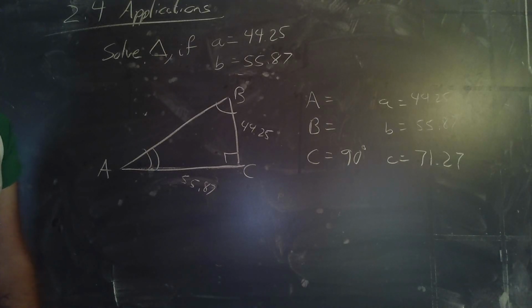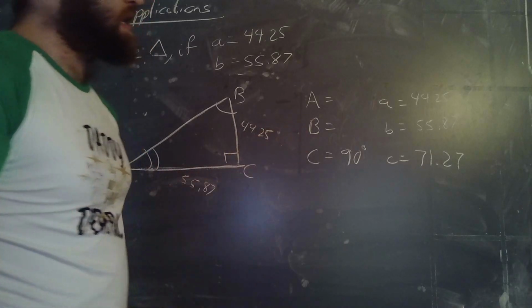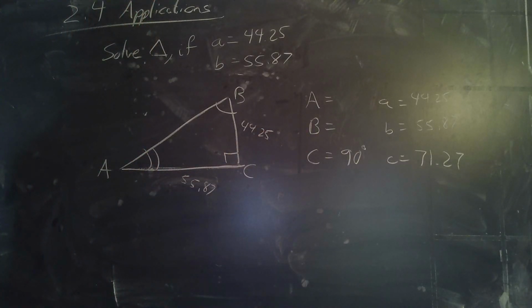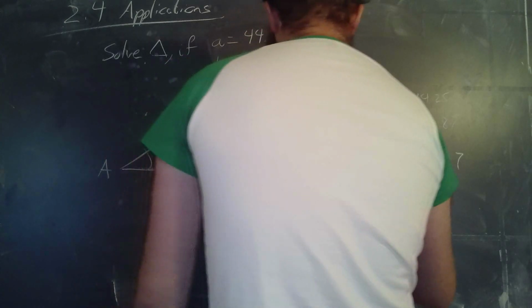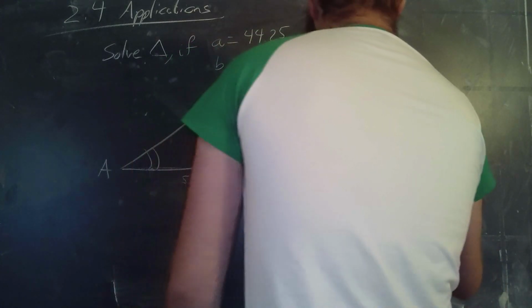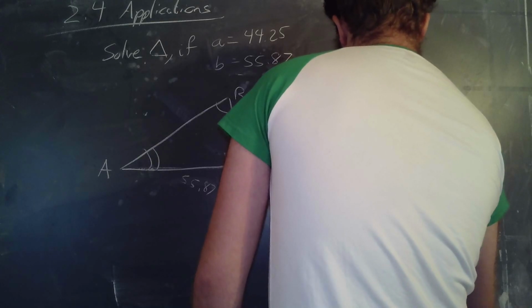Okay, so to find A and B, we have a couple of options here. But if you recall, we like to use capital A as our reference point on these triangles. So every trig ratio we set up, we would like for it to be in terms of A. So in other words, we'd like to find capital A and then use the sum of the internal angles theorem to find capital B. Now, in this case, we have a situation where the tangent of A, which we do not know, is equal to a over b, 44.25 divided by